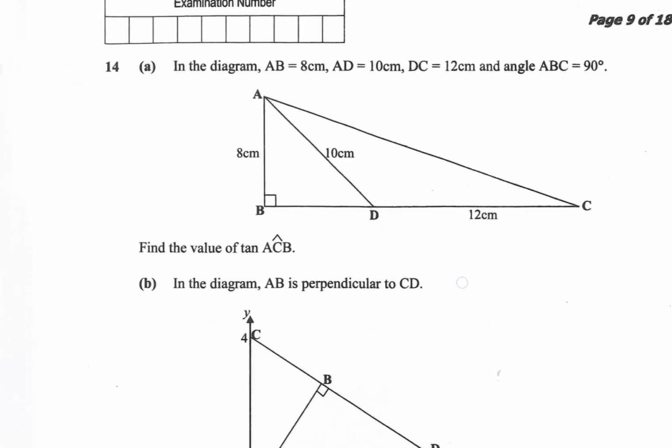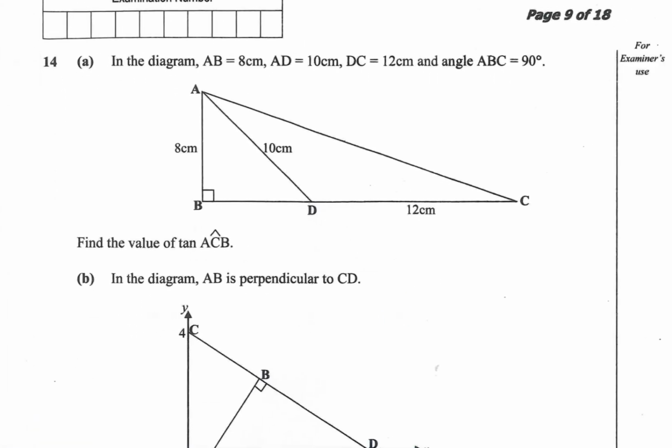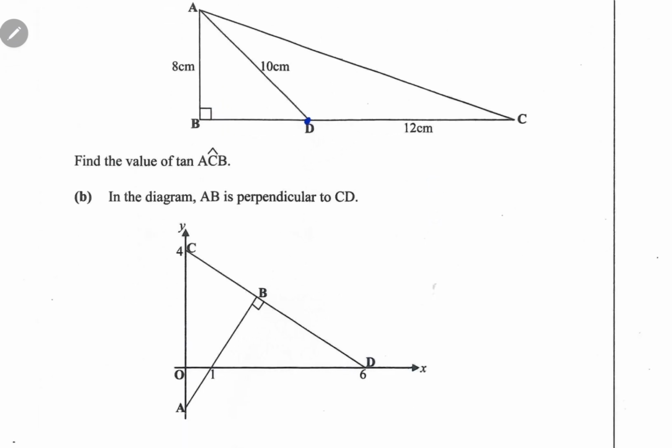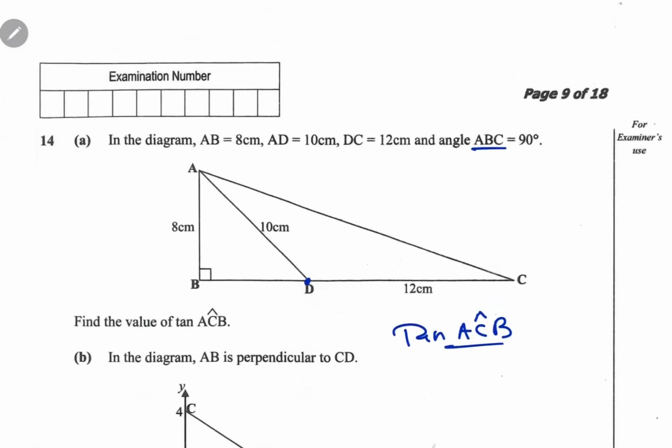Let us proceed to look at this one now, question 14. In the diagram, AB is equal to 8, as you can see, AB is right here, 8. AD is equal to 10, right here. DC, from here up to there, is 12. Then this angle is 90 degrees. Find the value of tan ACB. Now let me take you back a bit to what we call